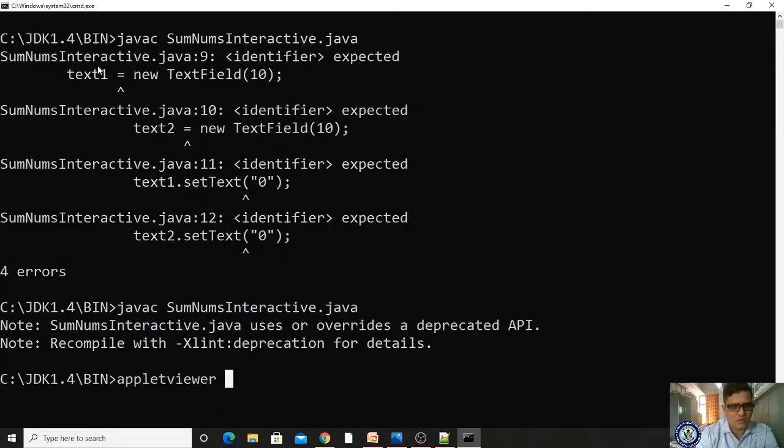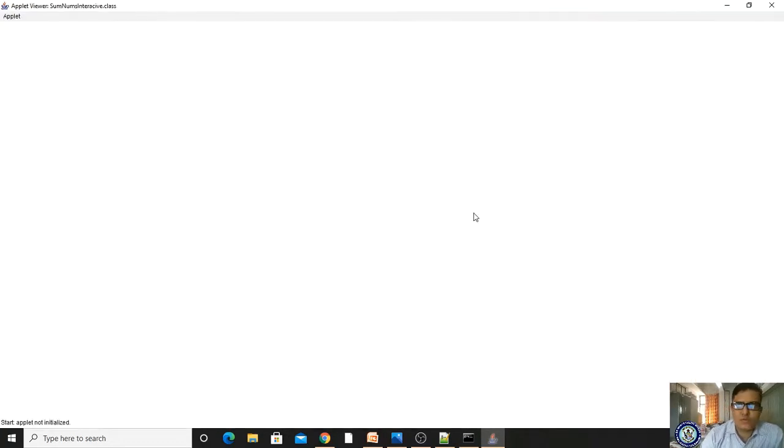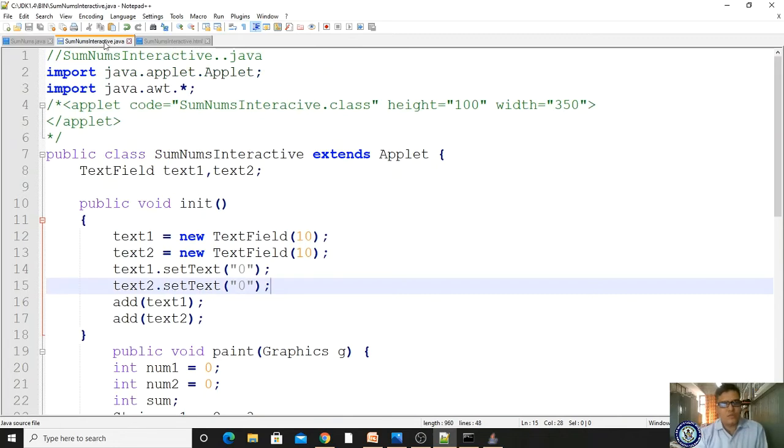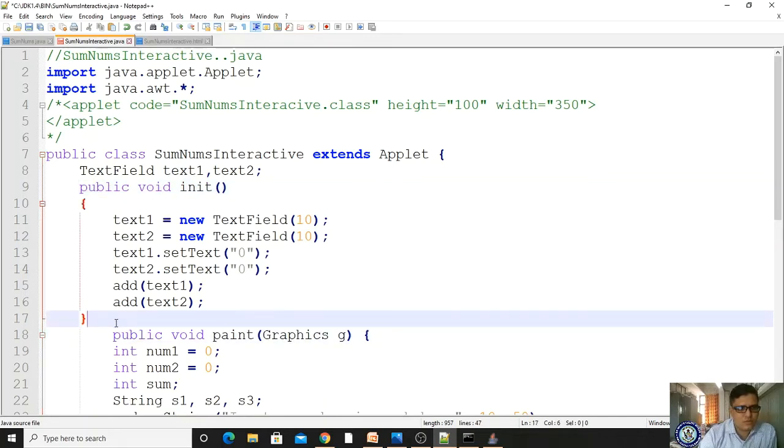Appletviewer SomeNumsInteractive.java. It is started but it is not showing. Applet not initialized. See the mistakes.